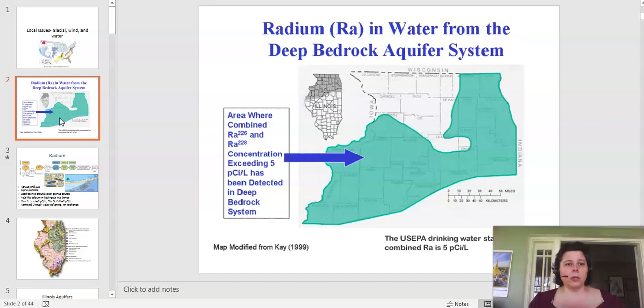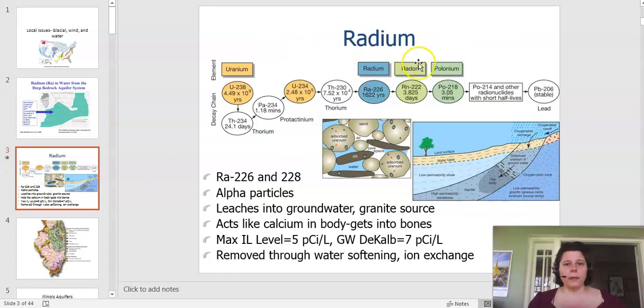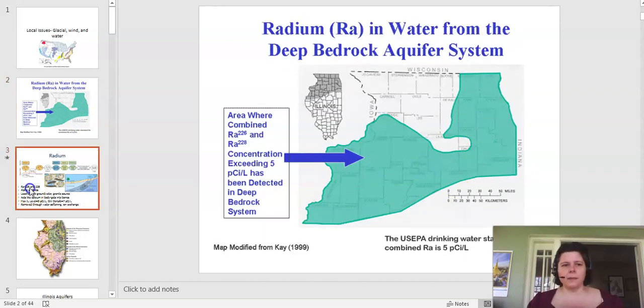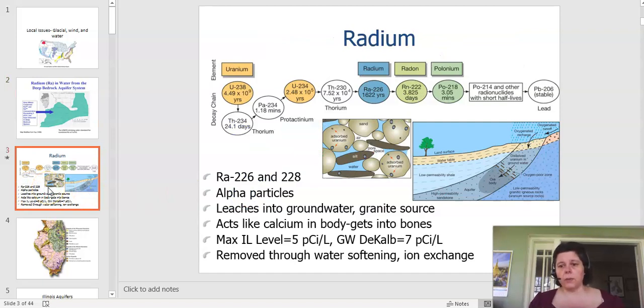Radium is a radiogenic isotope. So it's part of the uranium decay series. Remember we talked about uranium and uranium-238. Should all come back to you. Well, the bedrock around this area has some uranium in it that decayed with time. As uranium decays, it becomes thorium, and then it goes through a whole series of things, and eventually it becomes radium. This is also related to the radon we have in our basement. So if your family has ever had a radon system inside of your basement, it's because of the uranium that's in our